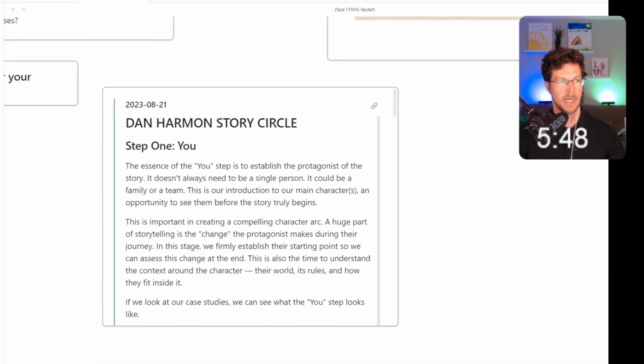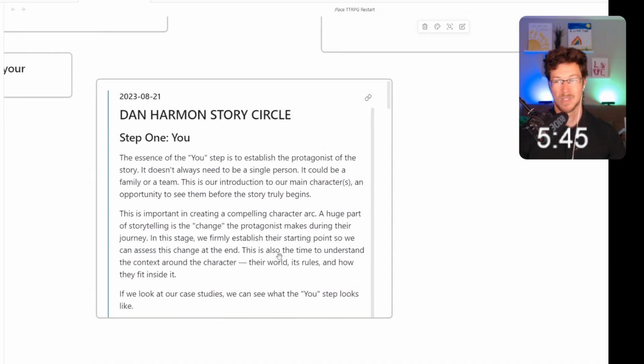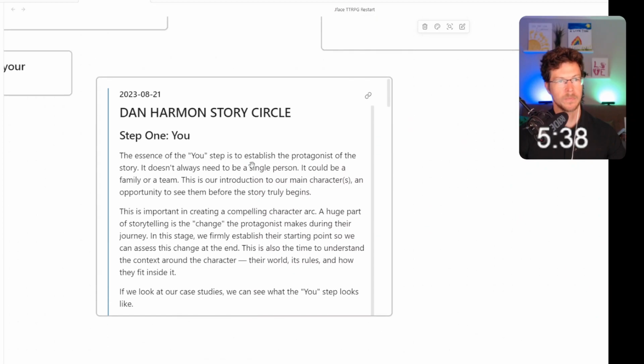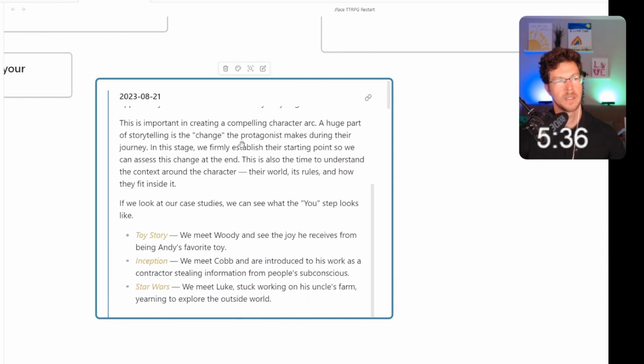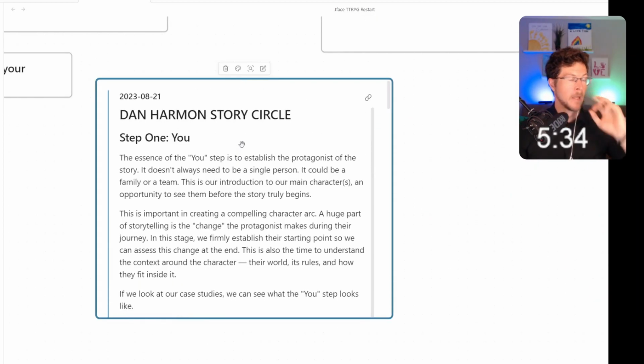And then down here, I have Dan Harmon, who's a writer of the shows Community and Rick and Morty. And he has something called the Story Circle, which I think is pretty cool. This is going to be for later. This is not for the design. But when I create this encounter one-shot generator to help me and inspire me so there's less prep time for a session, it's not going to be something that you automatically use. It's more inspirational. It gives you an inspirational outline.